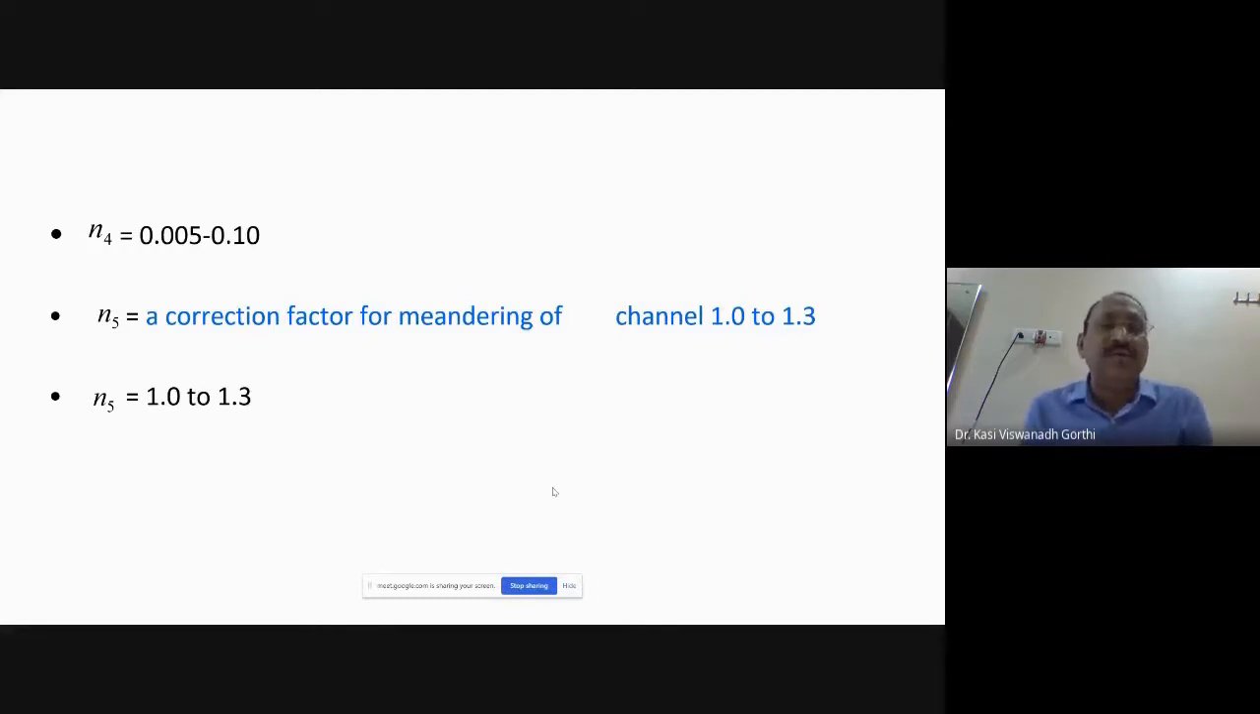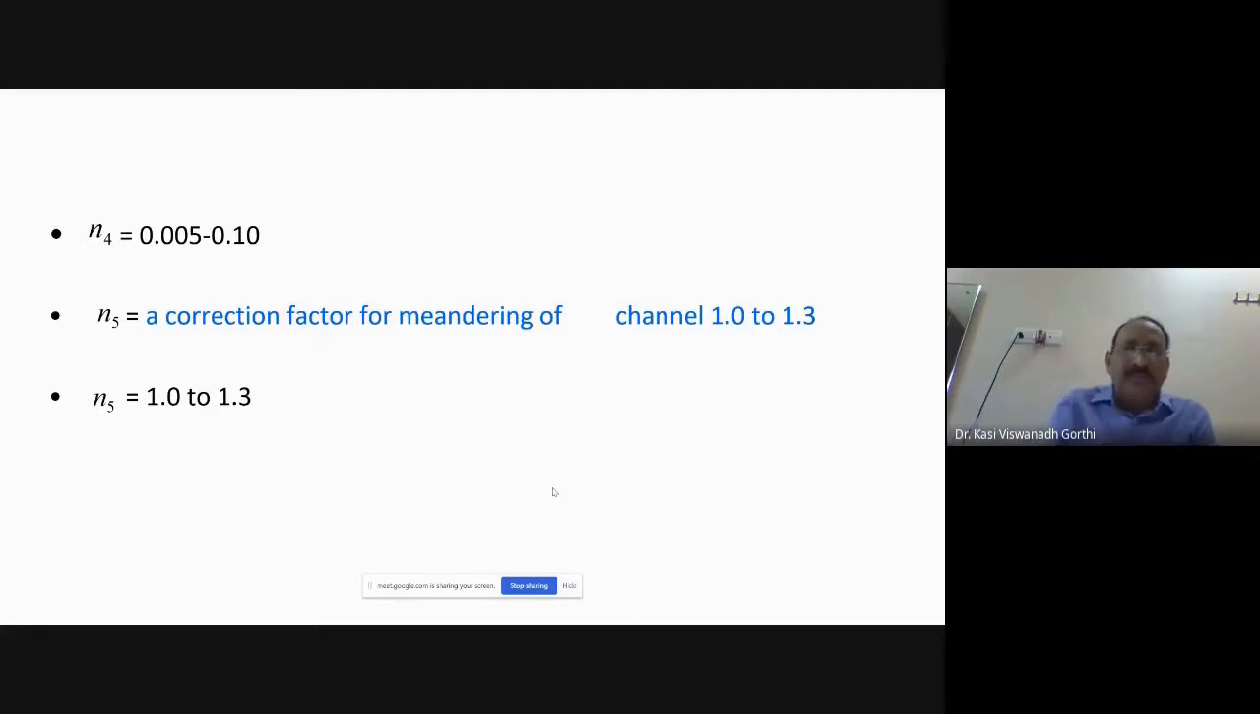So this N5 is a correction for the meandering of the channel, may be varying from about 1.0 to 1.3. What do you mean by the meandering? It is the change in alignment of the channel sections. If you take a river, how the river may be taking very irregular shape from one point to the other point, changing its direction. This is what is called the meandering, river meandering, actual shape through which the water may